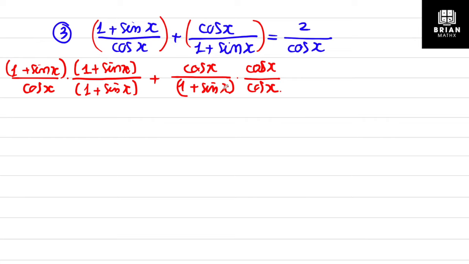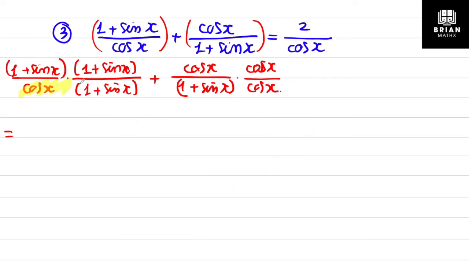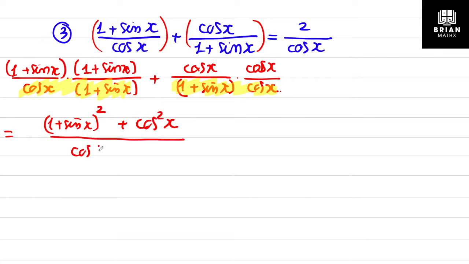So after this step, I've got a common denominator. Two fractions have the same denominator, so I can combine them: (1 plus sine x) plus cos square x,